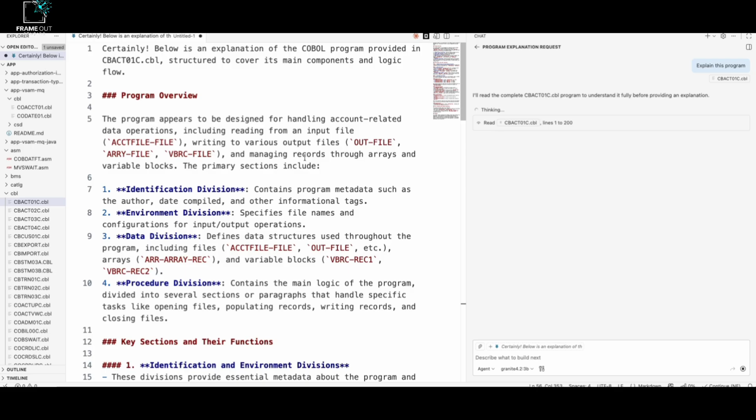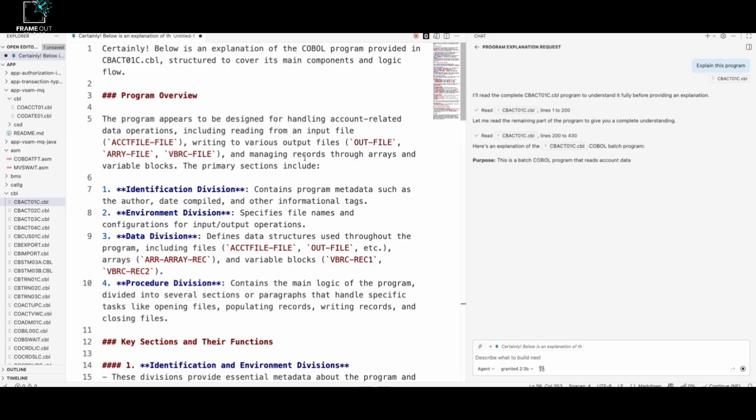Since it has a 512K context, it should be able to keep it in memory and understand what that COBOL program does and give you a concise output, unlike the non-thinking model. Now you can see it has started to read the last chunk,